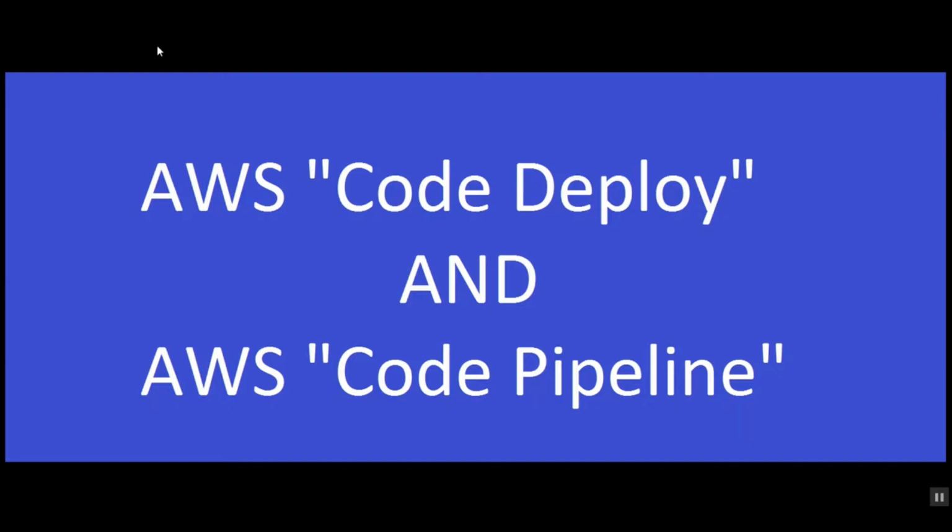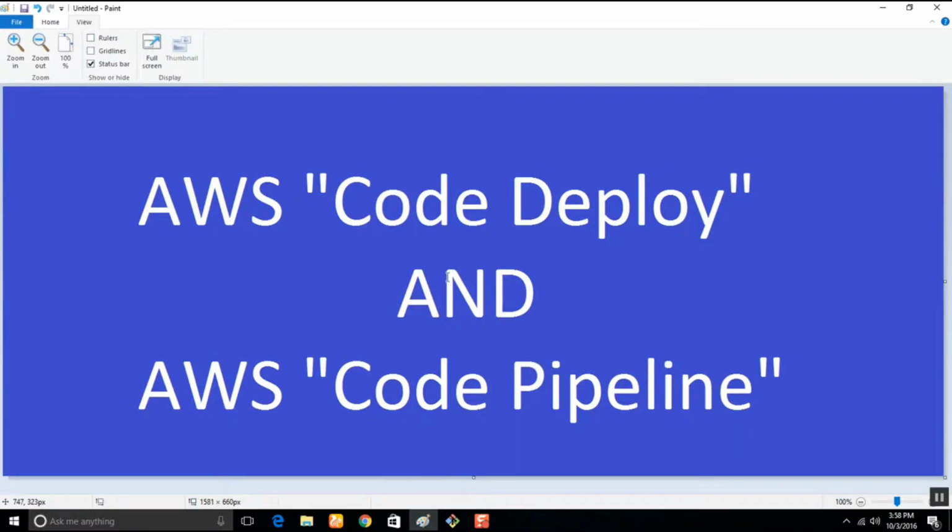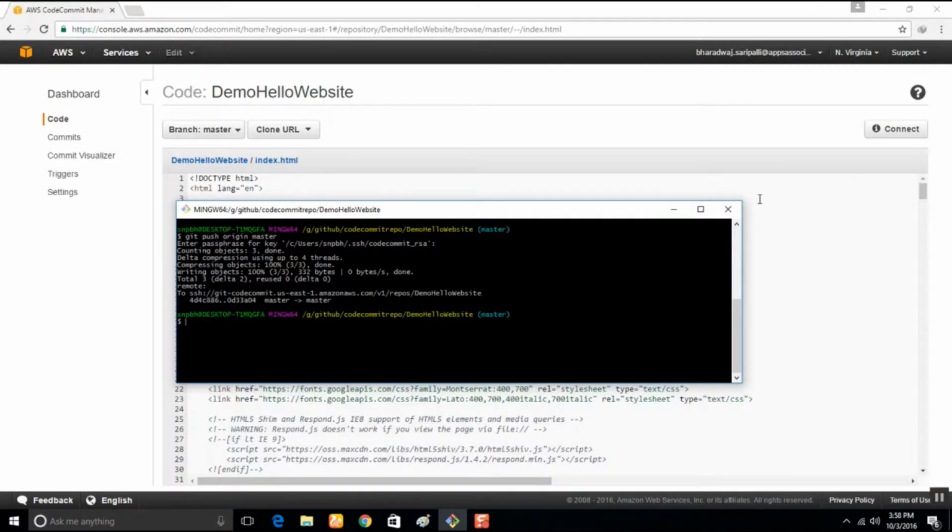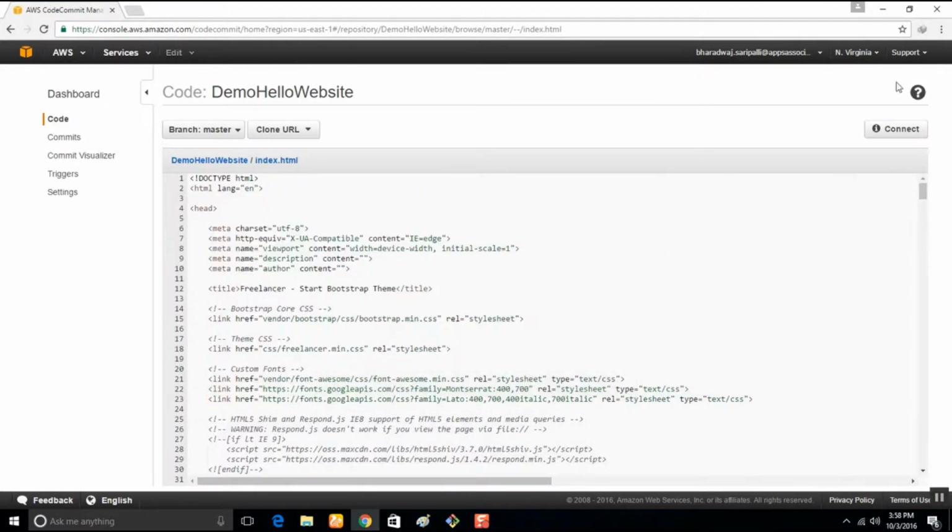To get started, let's move further and try to create it live. Currently, CodePipeline and CodeDeploy are very new, and they are only supported in a few regions. Okay, let's get started.